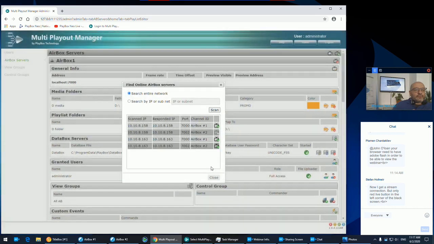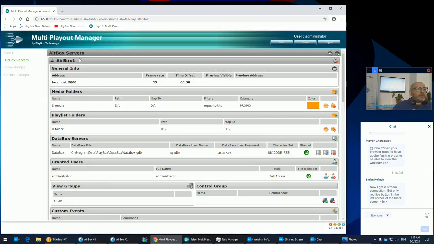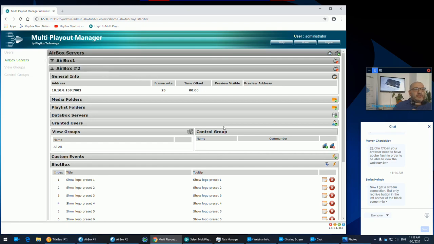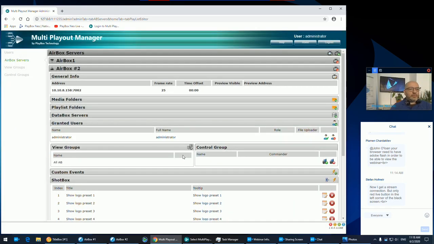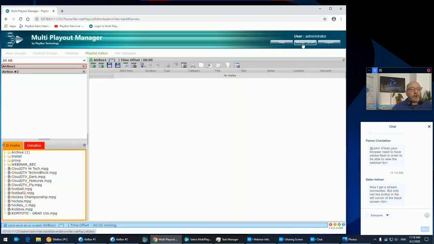Okay, so we have this server added, so you can see I have it here. Beyond just granted users, I will add myself with role full access. You see you have control, operator, playlist editor, so people that can only go and create playlists for the future broadcast, but no access to the live broadcast, view only as I described, and full access like I described for myself. All right, so if we go back here,